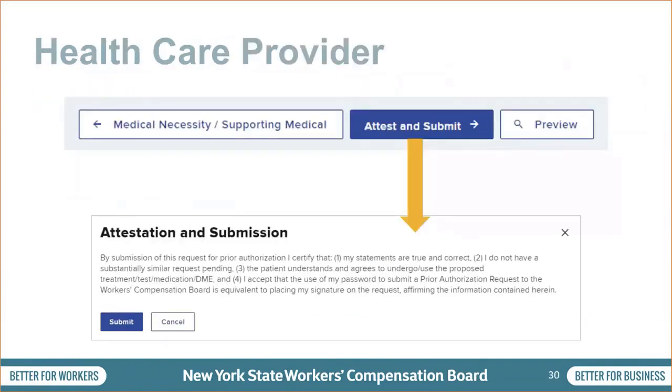If you are the healthcare provider, select the Attest and Submit button. Provider delegates cannot attest to or submit the PAR. If a delegate created the PAR on your behalf, open the PAR from your draft eForms queue and review the PAR details. You may change the request details and statement of medical necessity, or upload different additional documents if necessary before selecting the Attest and Submit button. As the healthcare provider, you are required to understand all aspects of the attestation presented to you before submitting a PAR. Read the attestation and submission carefully, and then select Submit.